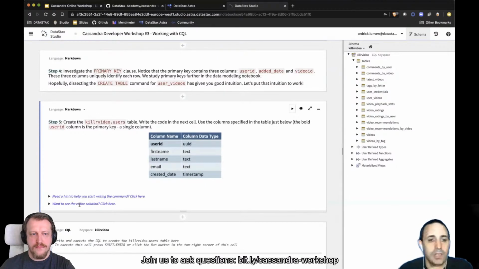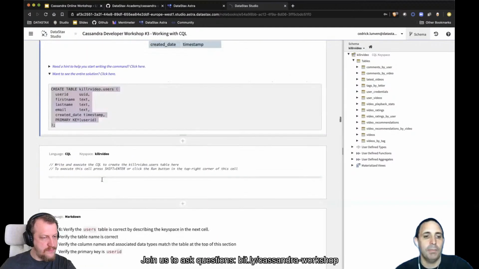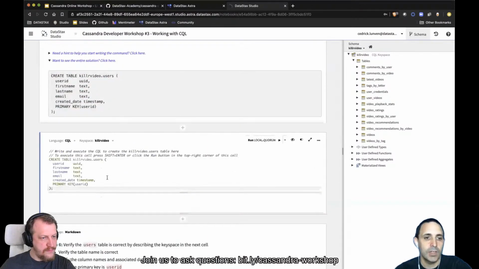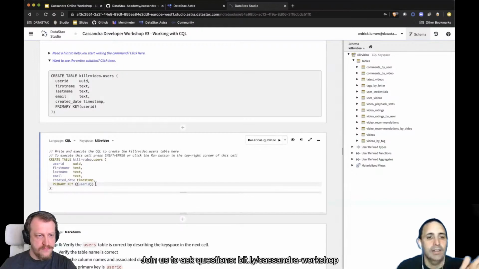Okay, let's see what it looks like. Okay, and I will copy paste. So see that I do have a single set of brackets, whereas in the slide, we provide you two sets of brackets like that. So I would rather use the double bracket, because now if I need to add a clustering column, I can go like that.